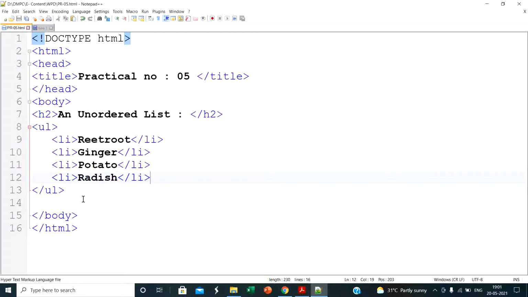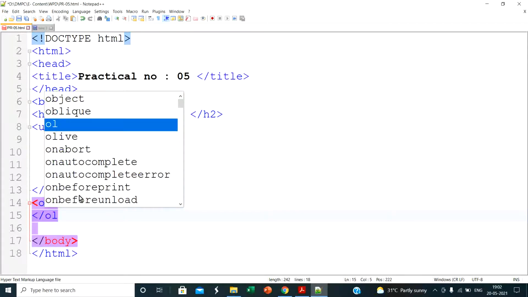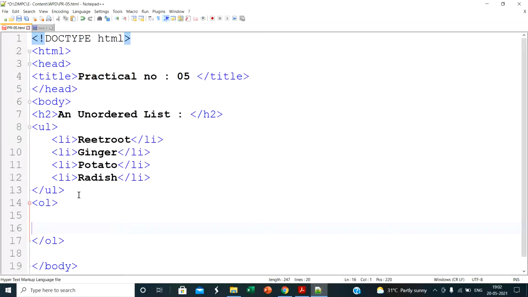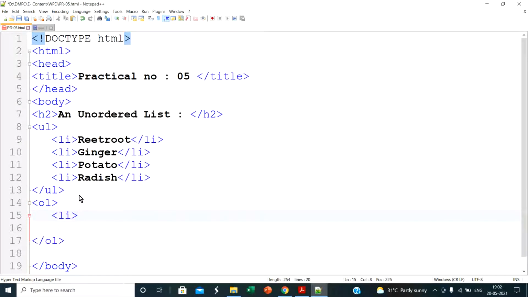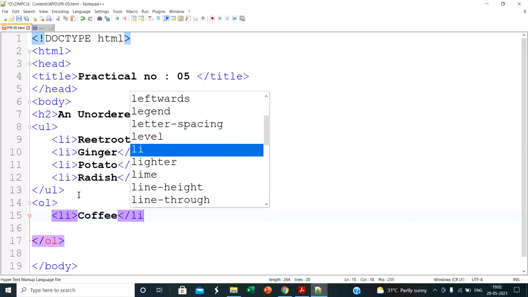So for that we write the next part. For an ordered list we write OL, and then close OL. Inside these two tags we write the ordered list. For that first we create one li with the option coffee, and close the li tag.